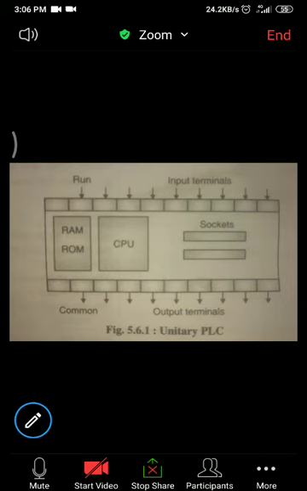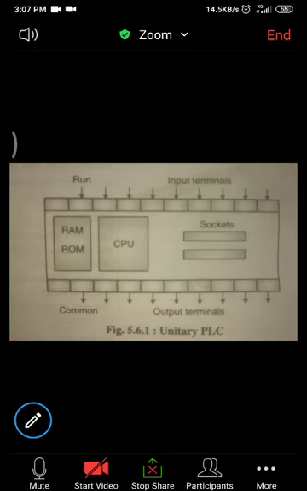In previous lectures, we have already studied what is meant by PLC, what the types of PLC are, the evolution of PLC, the advantage of PLC over conventional microcontrollers, the main blocks of PLC, the function of each block of PLC, the input output devices of PLC, and the speed of execution of PLC. So we have gone through all these points. Now today we are going to cover the classification of PLC.